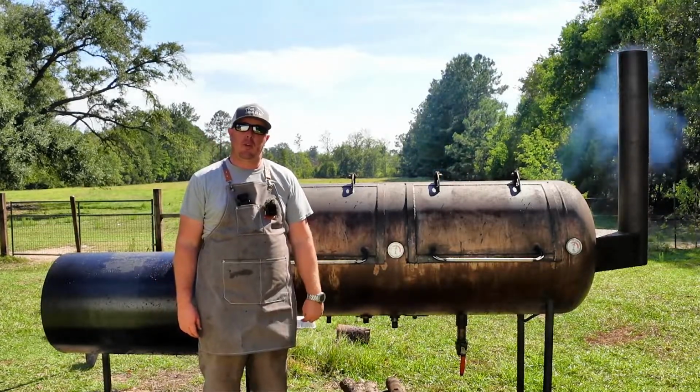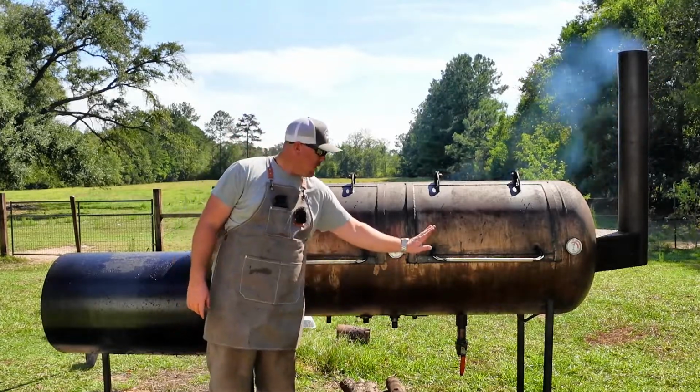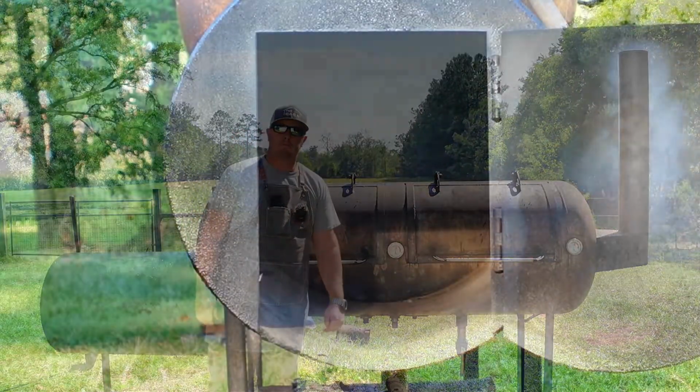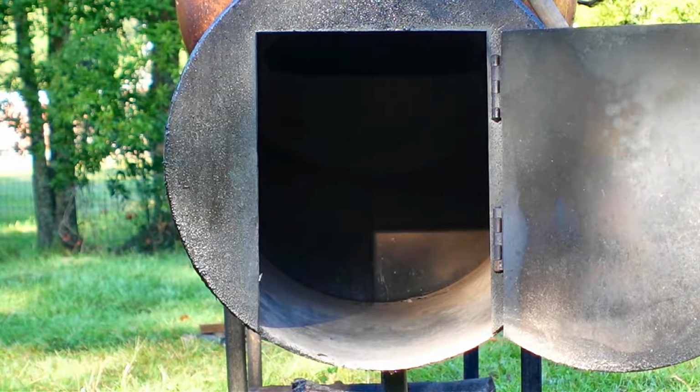Today we're going to be doing full boat pork belly smoked like a brisket on this 250-gallon offset smoker. Stay tuned. Alright folks, so it's time to burn us down a coal bed for our full boat pork belly